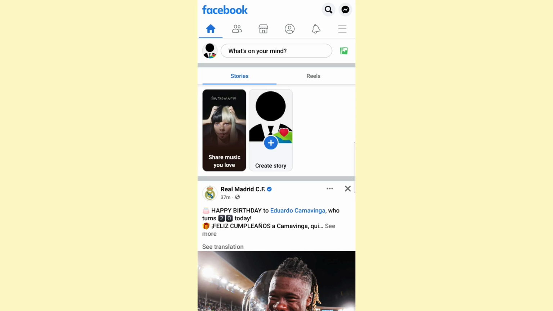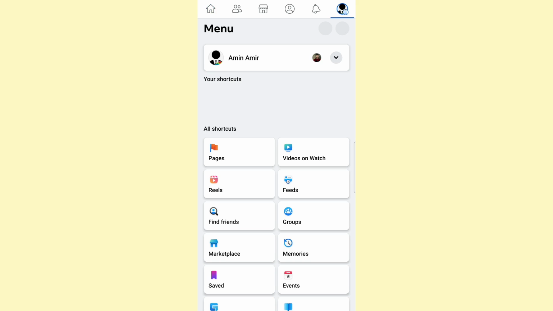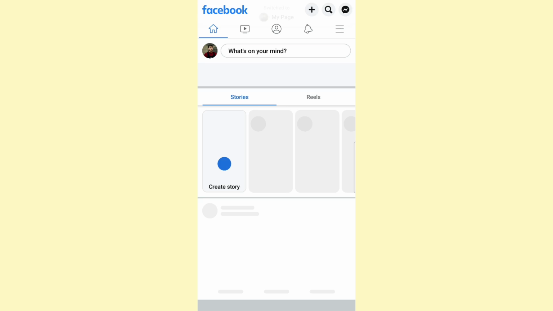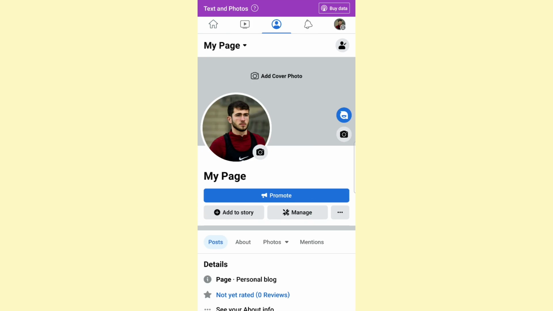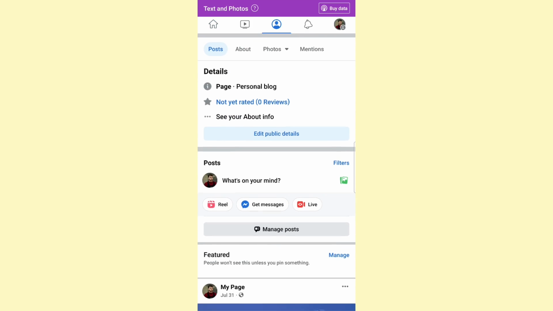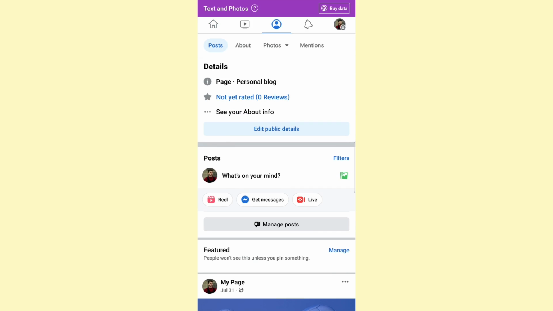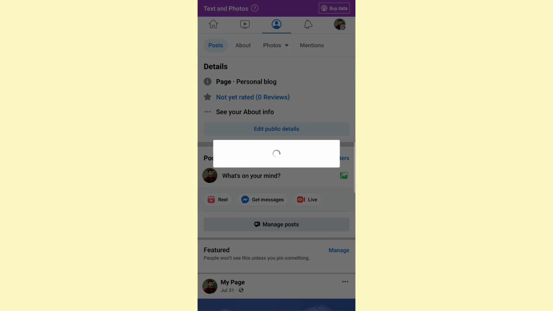So go ahead and open up Facebook, and once you do that, switch over to the page. Then go to the main page and then scroll down to the posts section, and here you will see the option that says reel. Click on it,